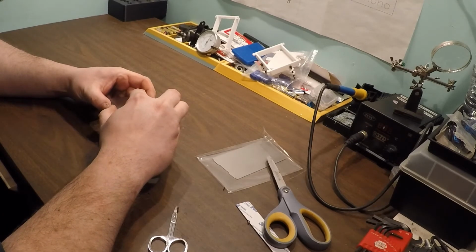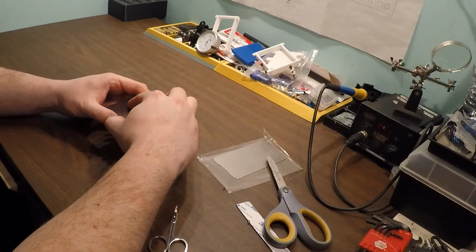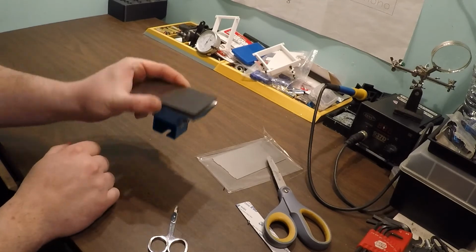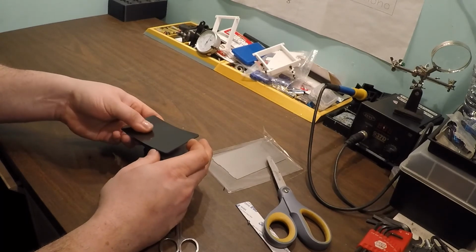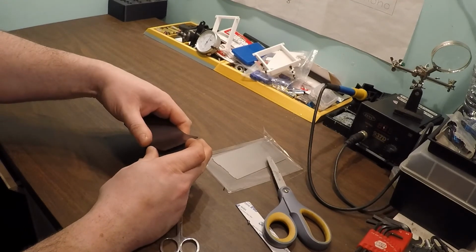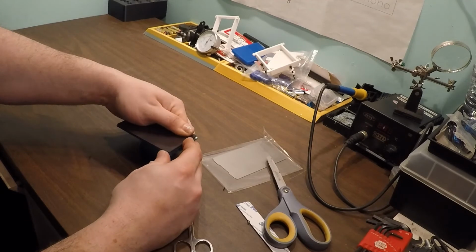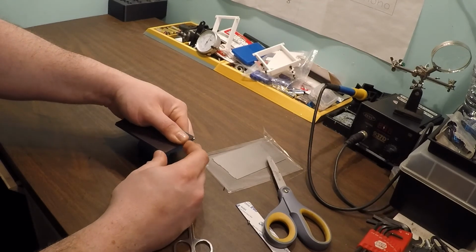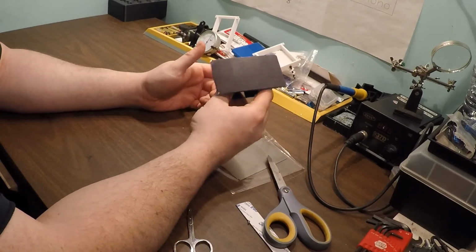So I'm just going to line up one end, and then I'm going to slowly drop this baby down. And I'm working this one end. As you can see, this is still lifted up. You want to start from one end and work your way out. Last thing you want to do is get a bunch of air underneath this thing, and you're going to have problems. It's not going to be very flat. So I'm just going to take my thumb and work this thing right to the end, always keeping the end of the sticker elevated, and then boom, there it goes. We're on. So it's that simple, guys. I mean, for 14 bucks, really,